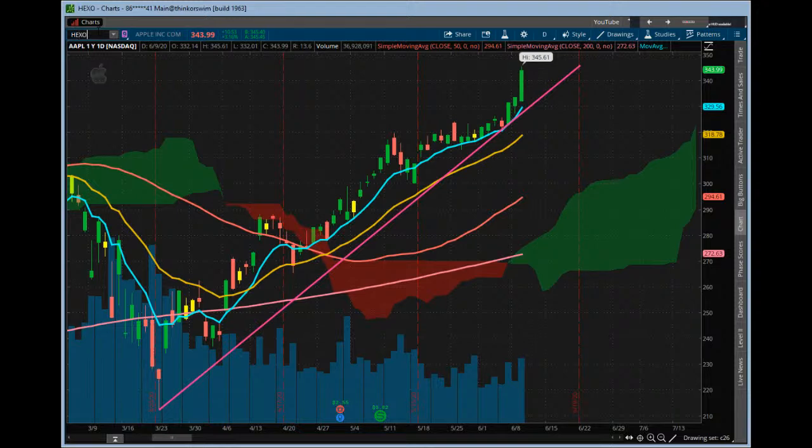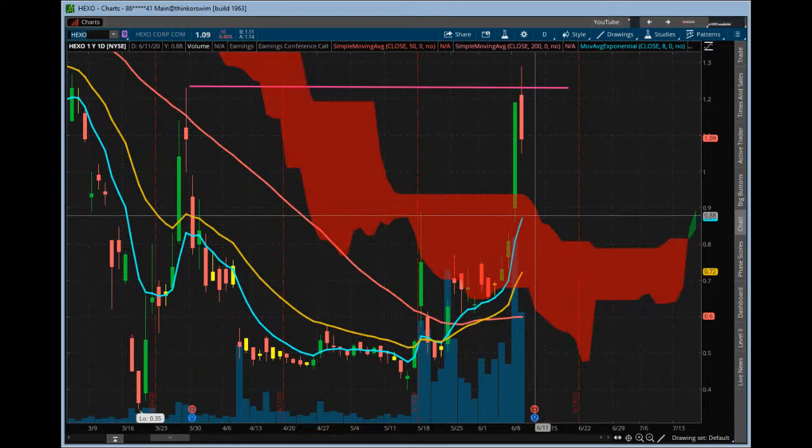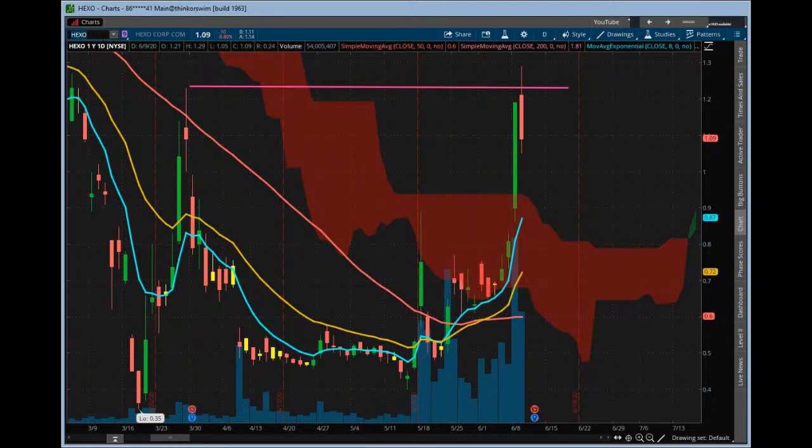Hexo. Okay. Good candle yesterday. This was the resistance that we talked about, that pivot level right there. We talked about it yesterday. It got above it a little bit, and look what it did. It came right back off of it. So nice place to grab profit up here, raise stops, and good move. But huge volume candle on that one yesterday on the Hexo.